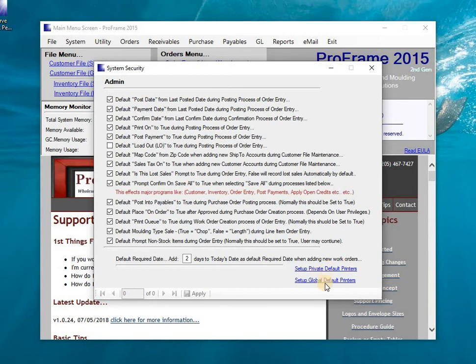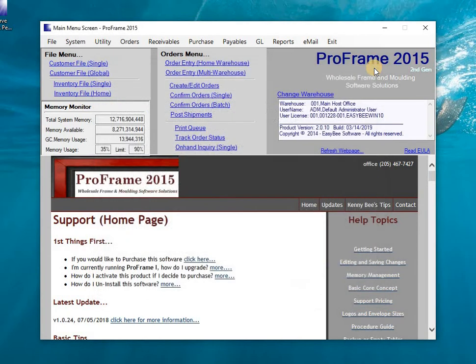And this is the global, which normally is set up at the main computer. But if a user, for example, has a printer on their computer that nobody else has, then they could go in and set up their own private default printer, so that when you're printing work tickets, it defaults to that